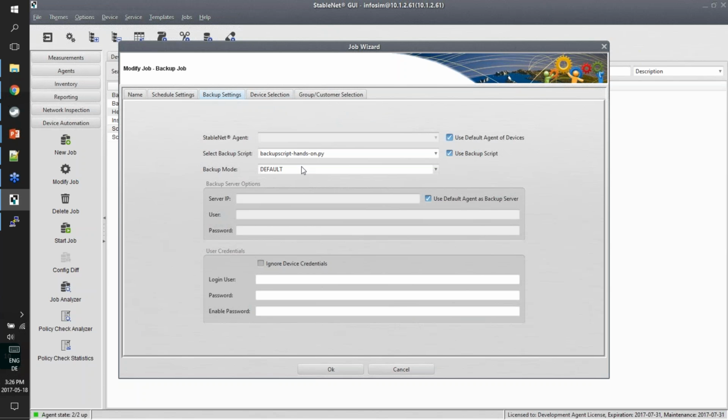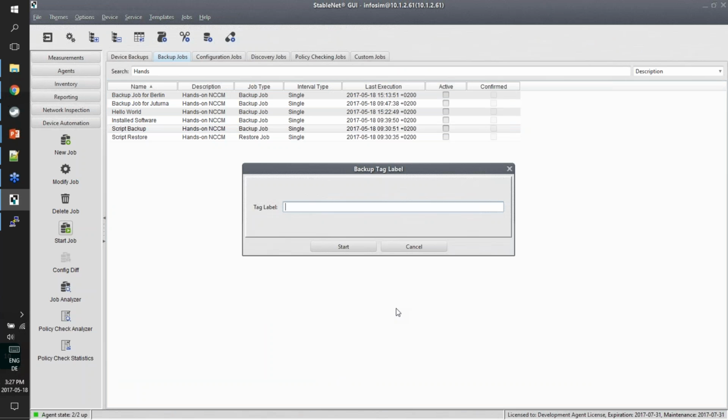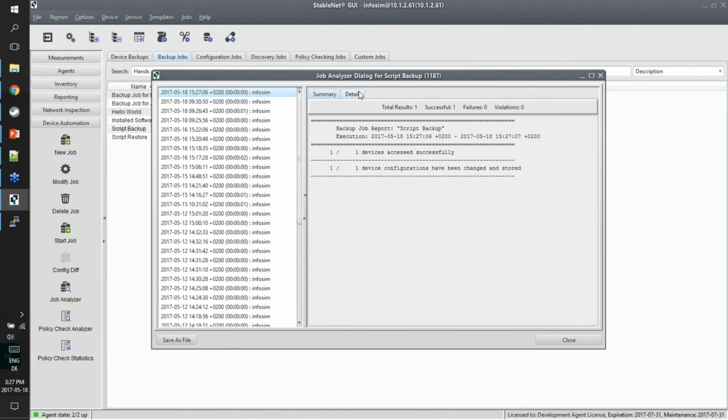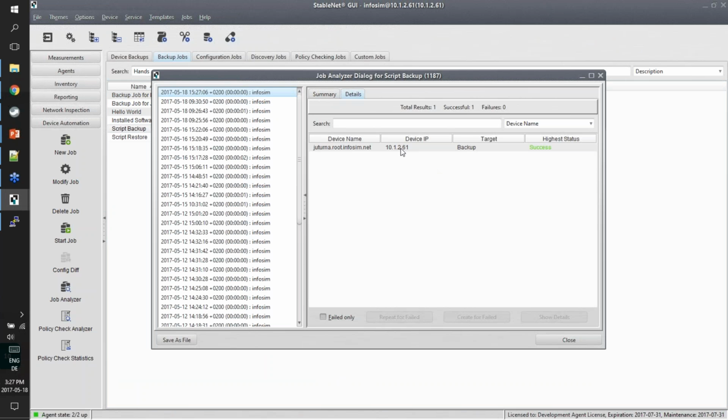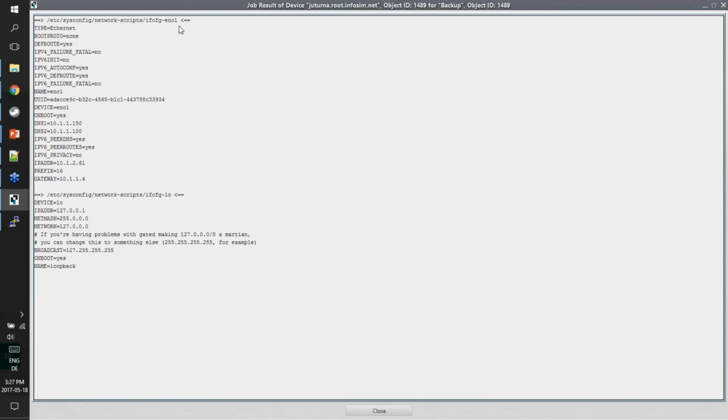Just for you to know. And then the backup script that I just showed is selected, and so I press OK and I start my job. So this script was now executed on the StableNet server. I can see, okay, successful, and now you can see the content of two files which match my pattern on